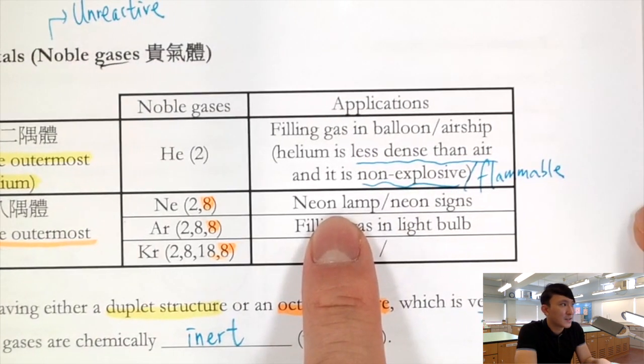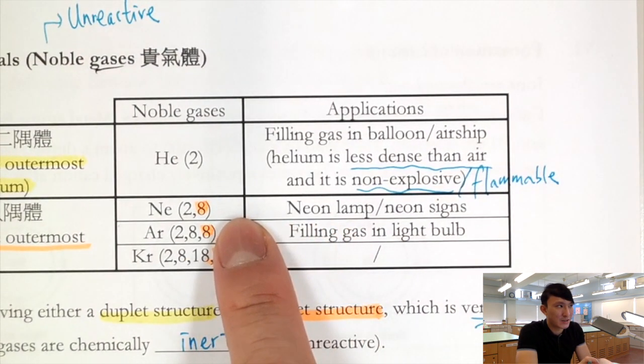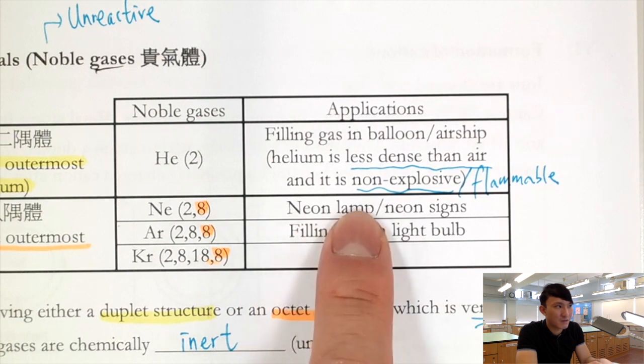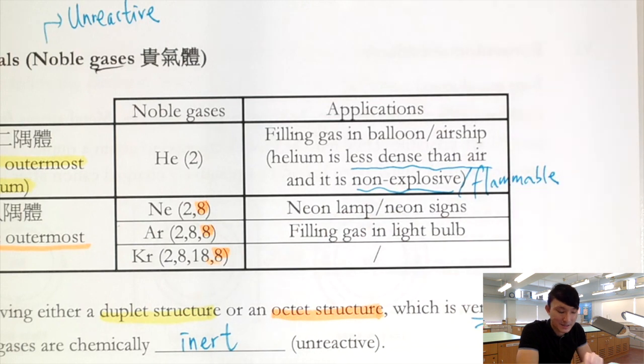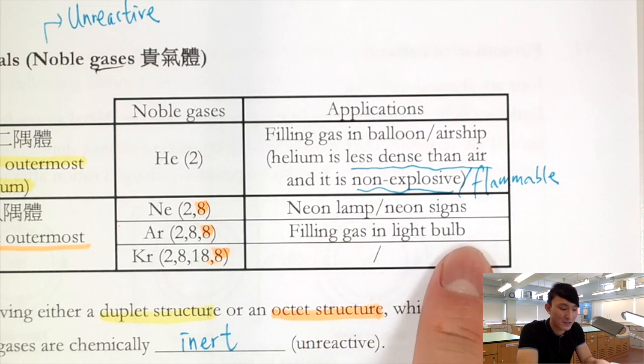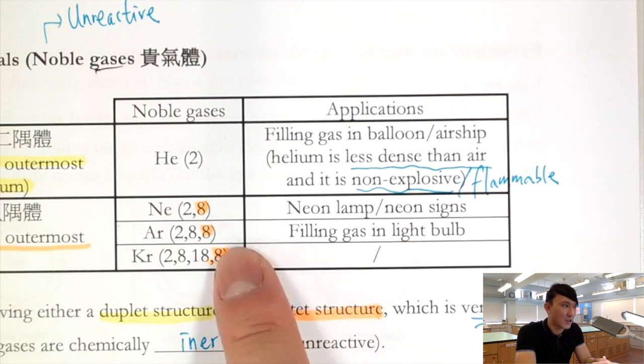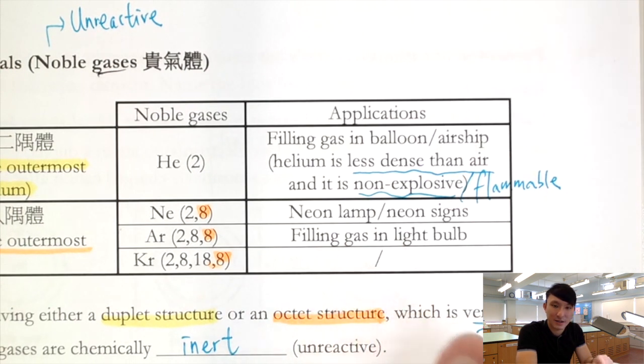Now, neon has its application in neon lamps or neon signs. Of course, we are talking about the filling gas in neon lamps or neon signs. For argon, it can also be used as a filling gas in light bulbs, especially incandescent light bulbs like the tungsten light bulb, because the tungsten wire inside is heated up to over 3000 degrees Celsius, and only at that temperature does the tungsten start to glow